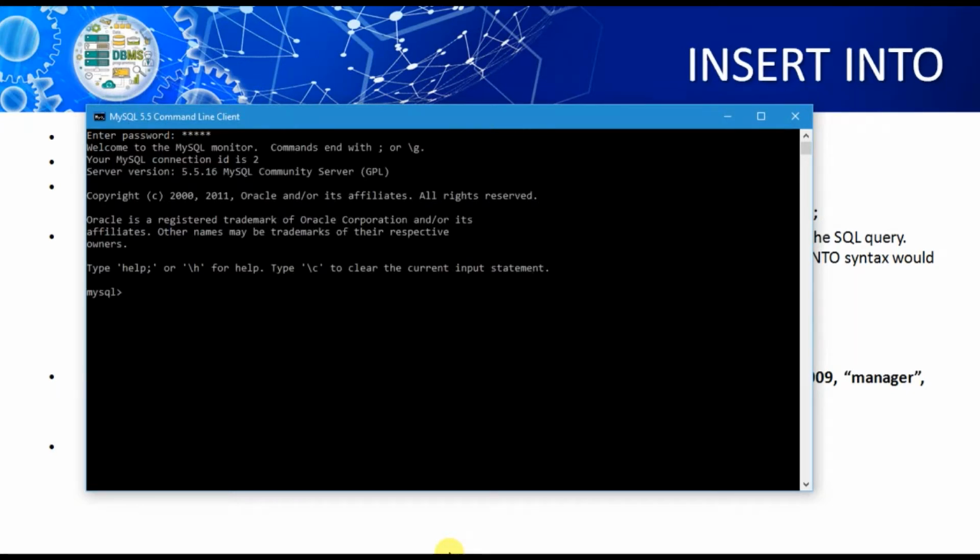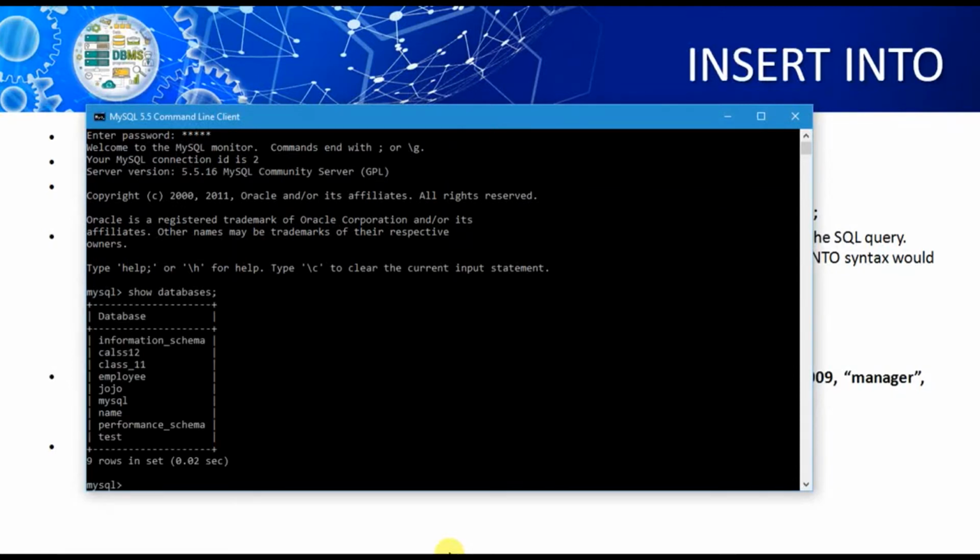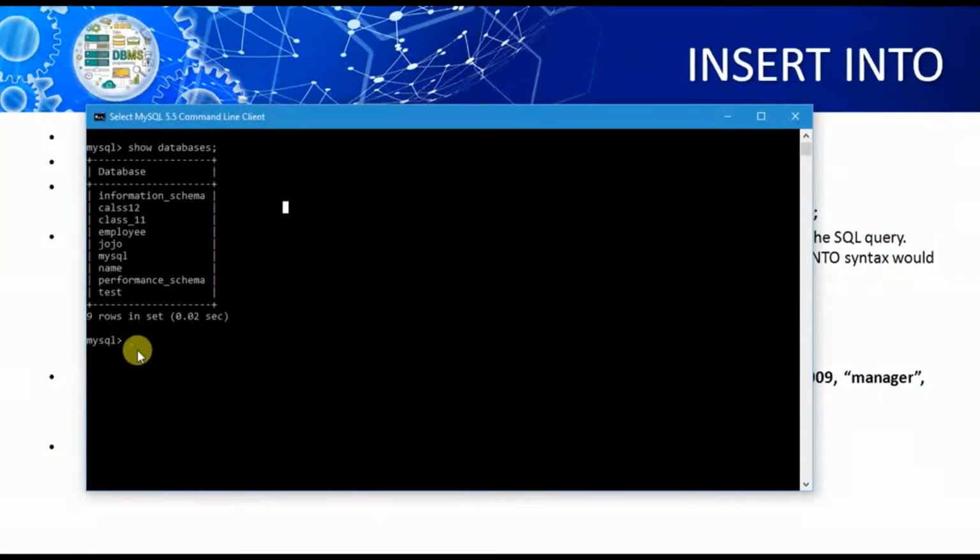Here I do not remember the name of the database I need to use, so I will write the show databases command. It will display all the databases here. Now, the employee database, so we will use the use command, use employee. Look here, the database changed message is displayed by MySQL.